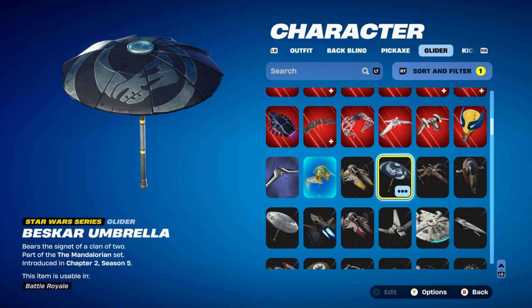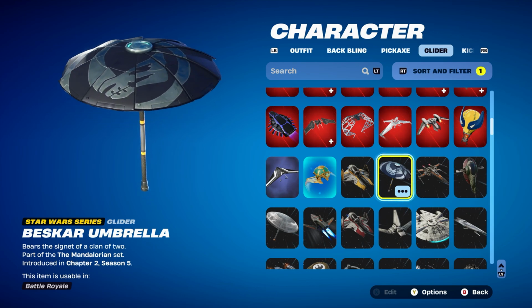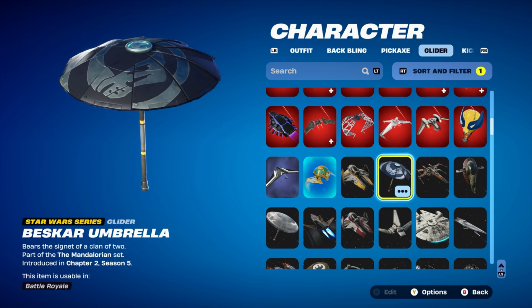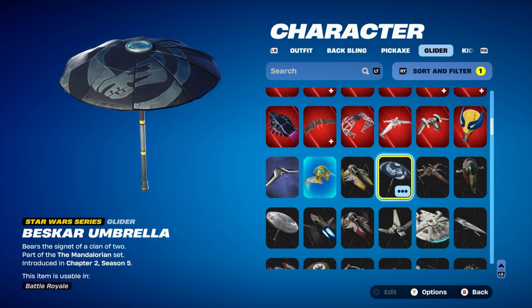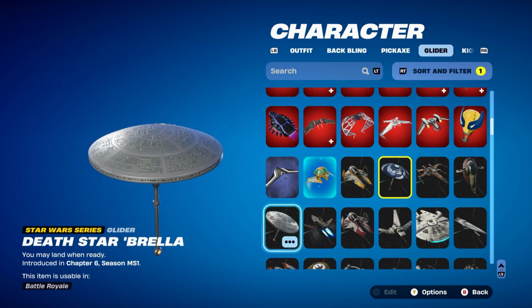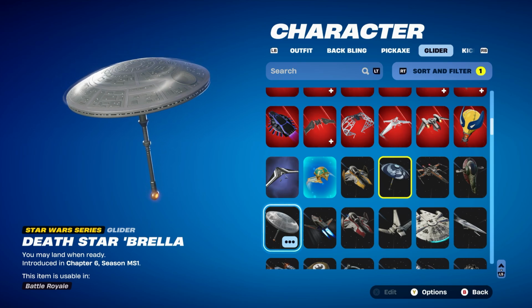The umbrella I'm personally using for all combos is a Beskar umbrella, part of the Mandalorian set, introduced in Chapter 2 Season 5. If you don't have this one, you can also use a couple others. Death Star umbrella, which is a Victory Royale umbrella from this season, or the Death Star ranked version. You can use whichever style you want with that one. You can also use the